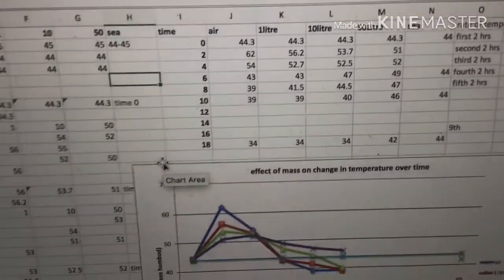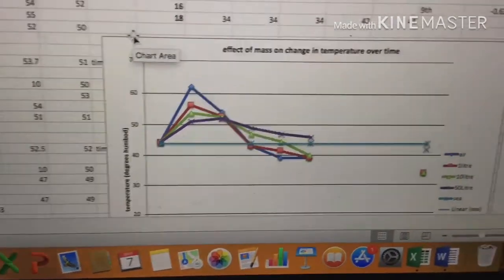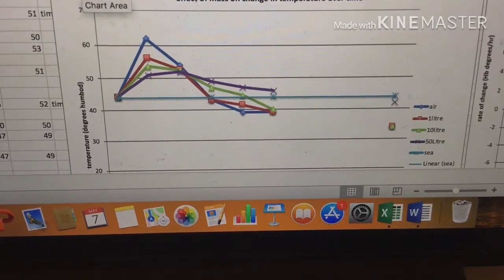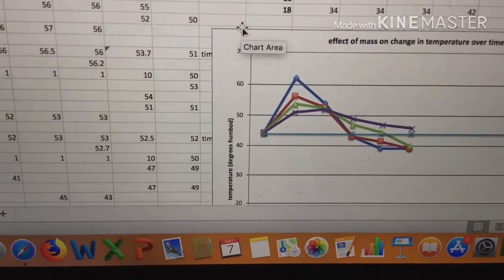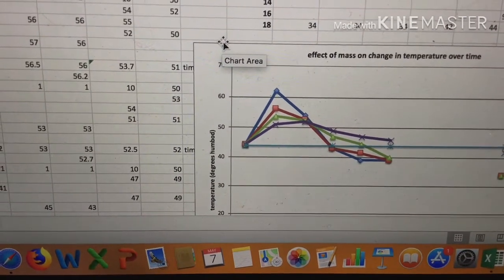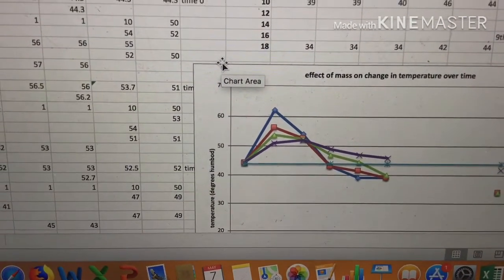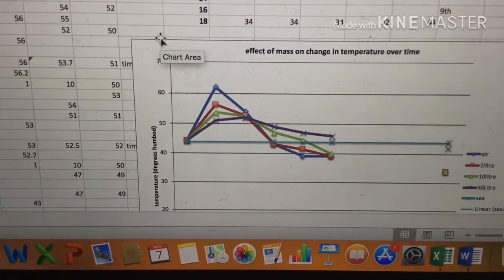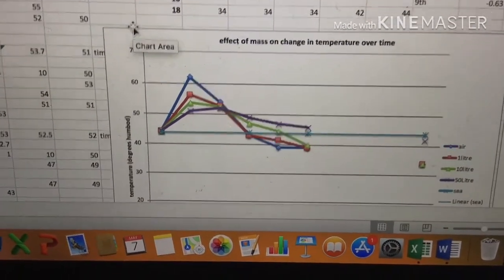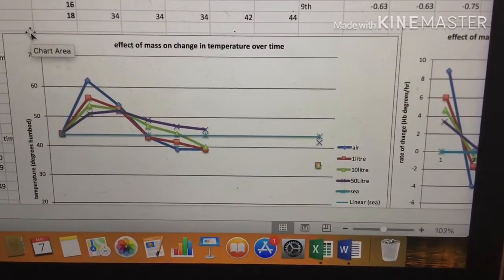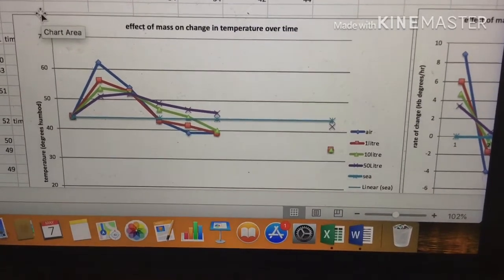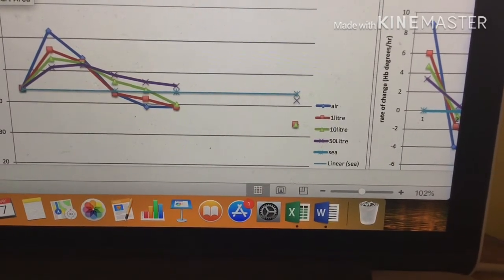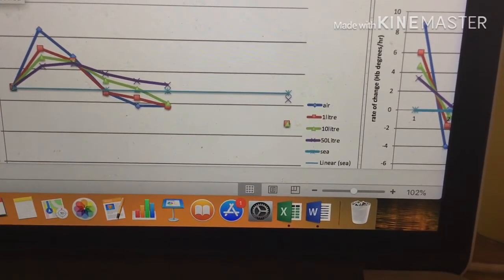And we graphed this, and we graphed it over time. We can see that the purple line, which is the 50 litres, does not increase in temperature as fast as the green, which is 10 litres, or the red, which is 1 litre, and definitely not the air, and then loses heat at a slower rate into the evening. The horizontal blue line, which is the C, does not change at all, but then in the morning, down this end here, we can see that they've steadily lost heat overnight, and the temperature is lower,